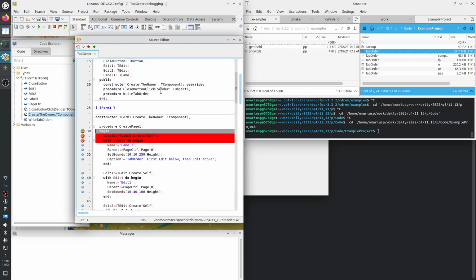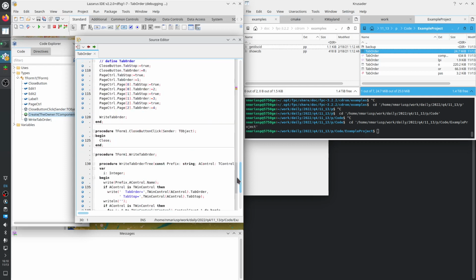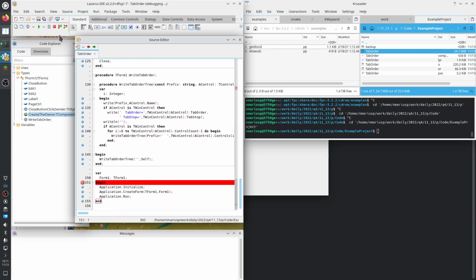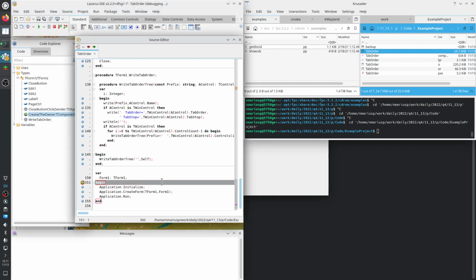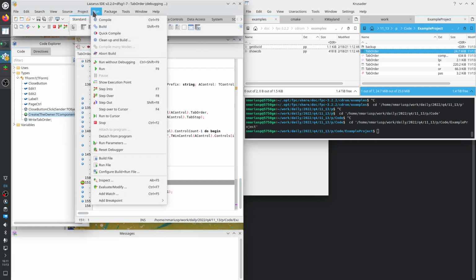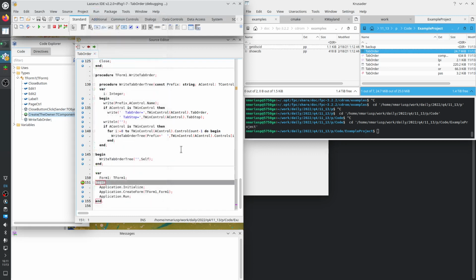Okay. Let's put breakpoints here and start debugging. So run F9, default F9. It stops on the very first line inside of the main function that's exported from tab order, the executable. Run F9, step into F7, step over F8, step out, shift F8. So we need F8 and F7. F8,